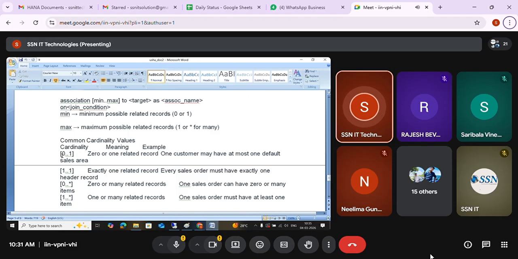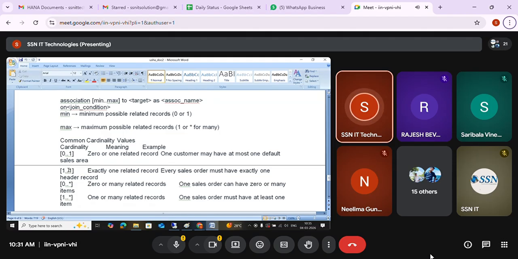In my starting table, even if the record is not there, if I have a VBAP data record, just get the data; 0 to 1 means one related record, or one customer may have at most one default. 1 to 1 means exactly one VBAK record and exactly one record from VBAP. 0 to star means even if there is no matching record in VBAK, get all the matching records from VBAP. 1 to star means a record must be available in VBAK, and n number of matching records can be picked from VBAP.